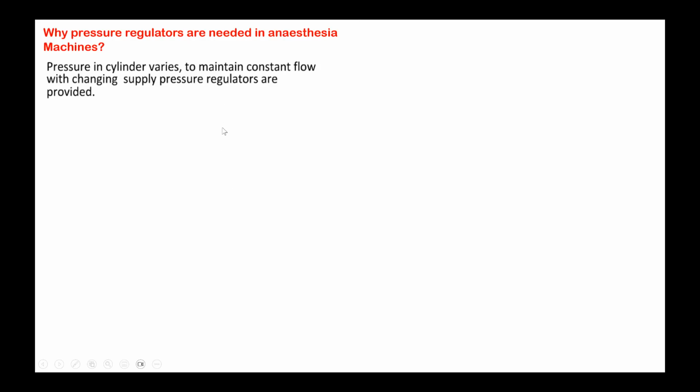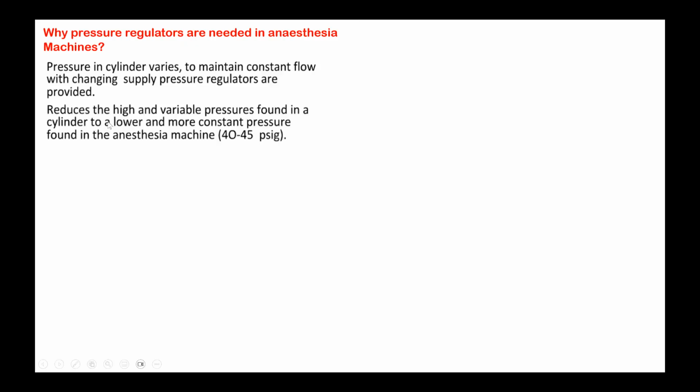It will be dropping as the pressure drops, and you have to keep on rotating the flow meter knob to keep it at a constant level. So first point is it prevents barotrauma to deliver a safe pressure. Second is it maintains a constant flow without your need to adjust the flow meter every now and then. So it reduces the high variable pressure found in cylinder or to the lower or more constant pressure in anesthesia